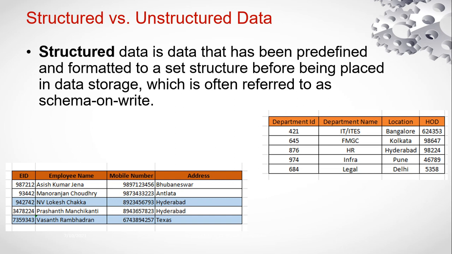So before storing the data into RDBMS tables, we define the structure. That's why any data that can be stored in an RDBMS database table is called structured data, except blob type objects. A blob type object is like a content file, so the exact data would be inside the content file. We will come to that later. Except the blob type, any data in textual form or anything that we can store in an RDBMS table is called structured data.